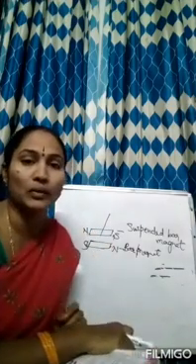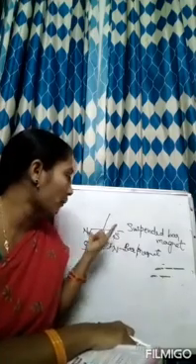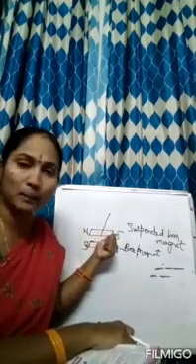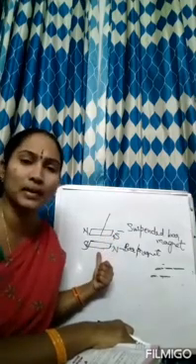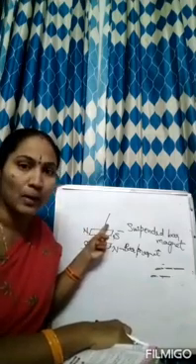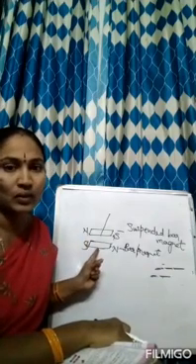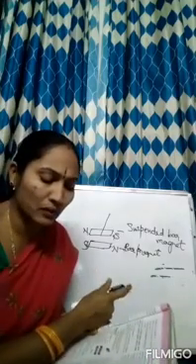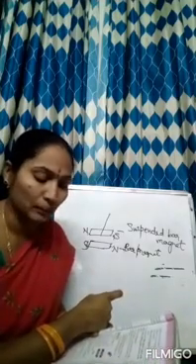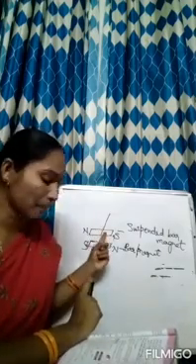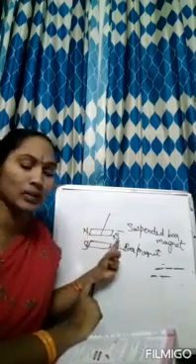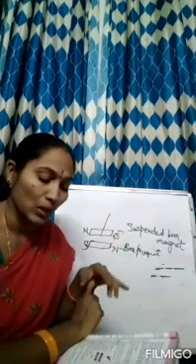You just have to keep it in mind about the poles. Suspended magnet, bar magnet kept on the table. North pole, south pole. North pole of the suspended bar magnet will face towards the south pole of the bar magnet. So this happened in activity number 7. What happens if you remove the bar magnet placed on the table? In this case, the suspended magnet comes to rest in the north-south direction.